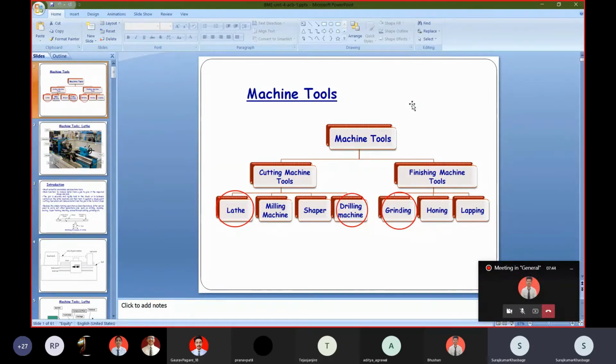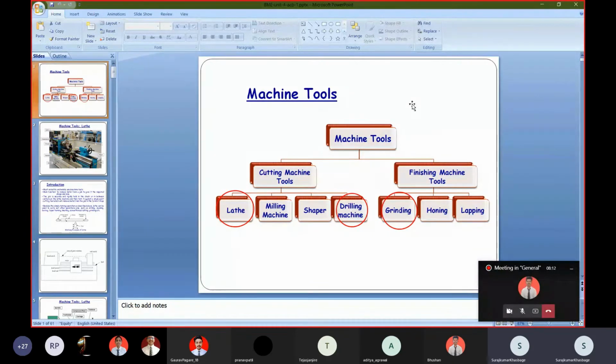Okay. So the next topic in manufacturing: sometimes in the manufacturing process, we need to clean the objects and give them the proper size. For that, we are going to use machine tools. Different sets of machines are used to give the proper shapes to the components. So what are these machine tools? These machine tools are nothing but machines.